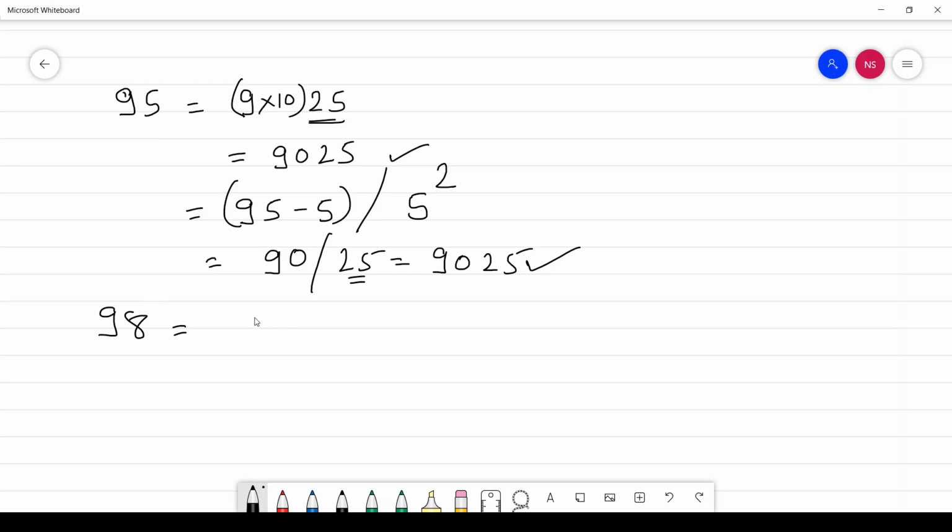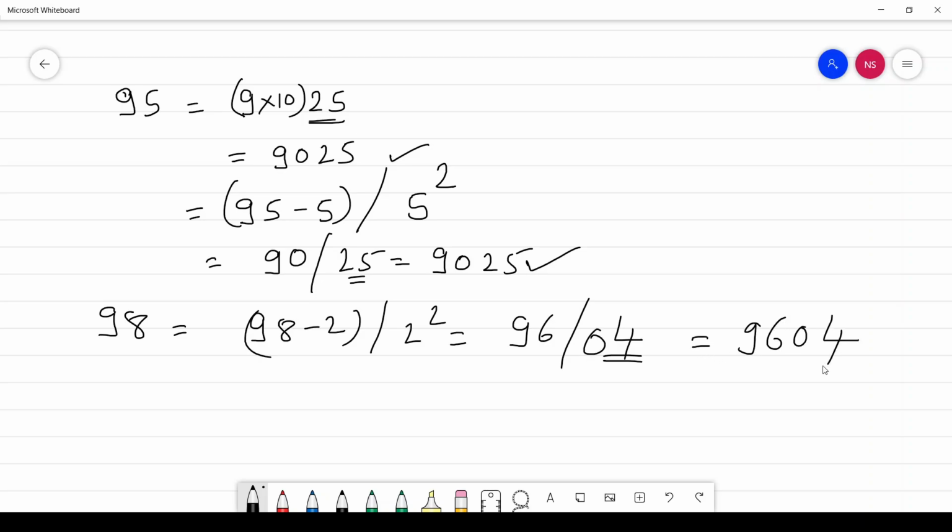So we can calculate the square of 98 in the same way. 98 minus 2 is 96, and the square of 2 is 4. Here we are getting only one digit after taking the square of the difference, so we will put a 0 in front of it. The answer will be 9604. Why is this happening in this way? It's like that only. These are Vedic math techniques.